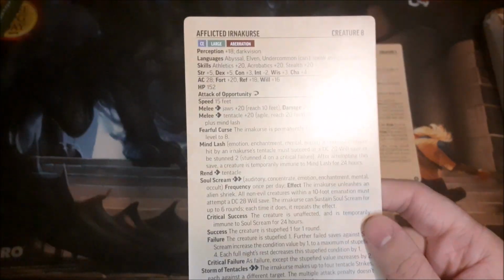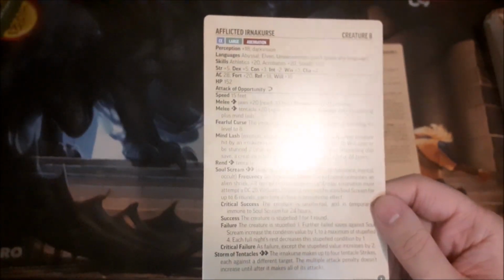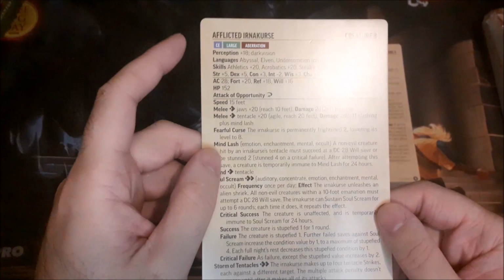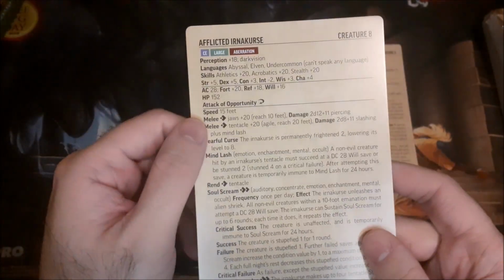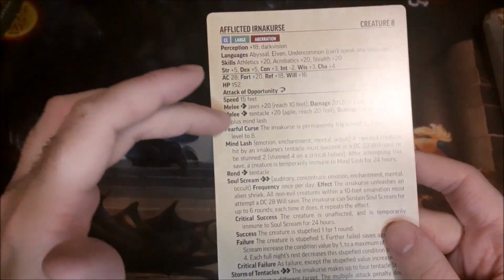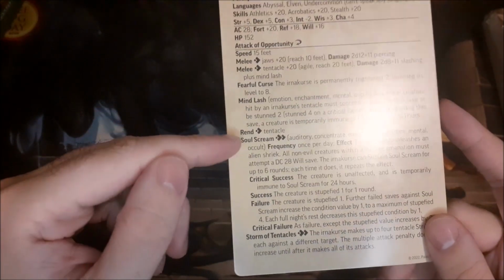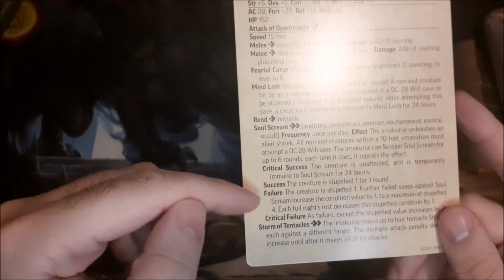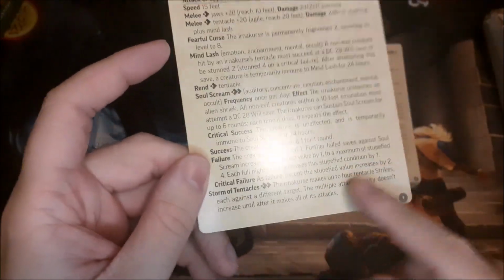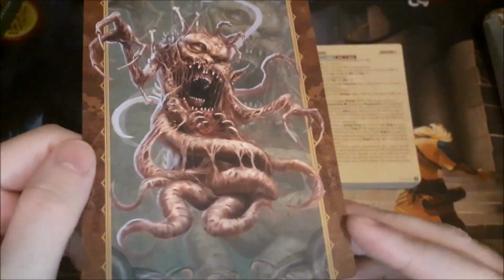It doesn't explain Attack of Opportunity because it is kind of a standard ability by now. It's in enough other things that you should know what it is. But again, it's just a reaction which allows you to make your basic melee attack against somebody. So we got their speed of 15 feet. Their attack, so we got the jaws along with tentacles. So I can't wait to see the art on this one. The damage, the Fearful Curse ability, Mind Lash, their Rend ability. And then we got Soul Scream and the different things for the saving throw. So on a failure, what happens if you get a success or critical success or even a critical failure, and the other ability there. This is all on one card, and on the back we do have the, that is